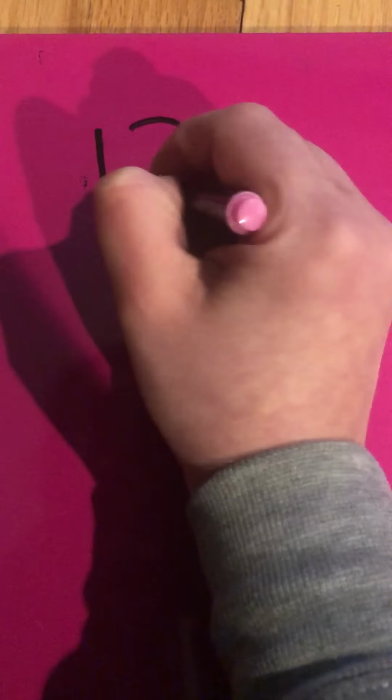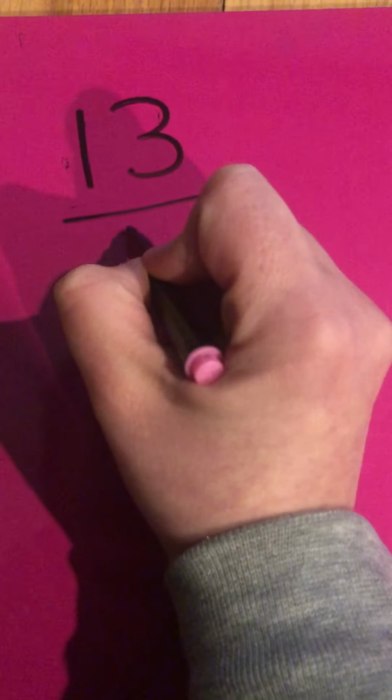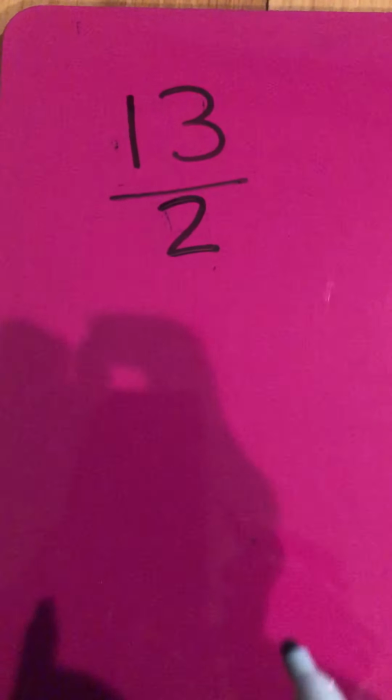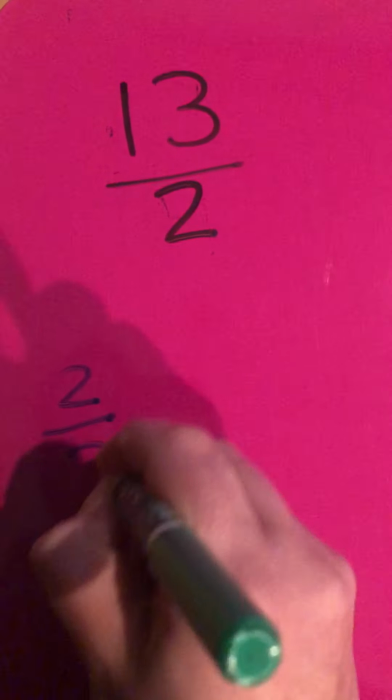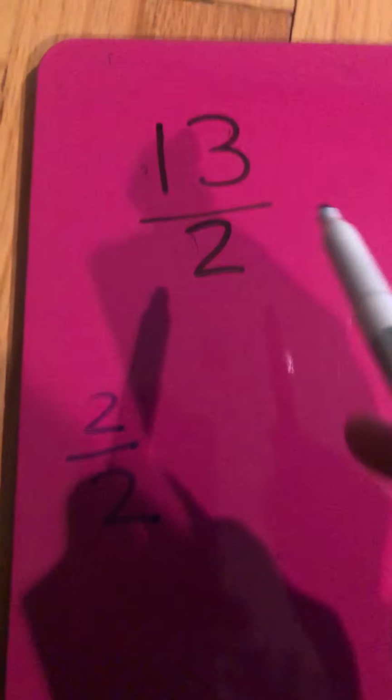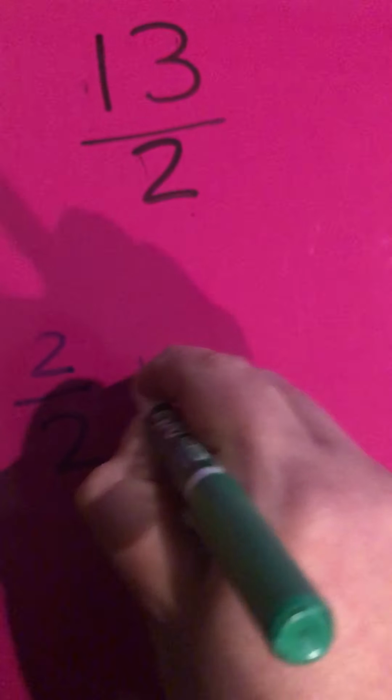My marker's rolling away. All right, let's say I have 13 halves. So I want to think about how many halves I need to add together to get to 13 halves. So what plus what plus what? And I want to start with my wholes first. So I'm going to start with 2 halves, 2/2, because that equals my whole. So 2/2, and I need to get to 13 halves, plus